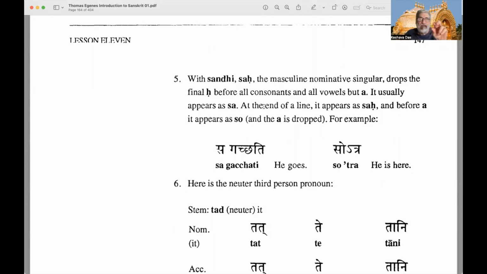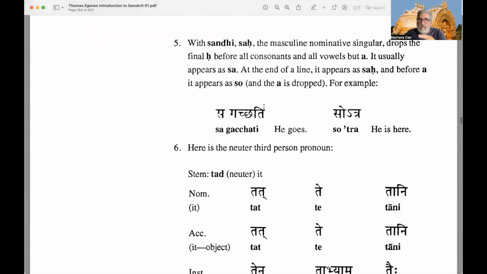Otherwise, you're just going to see sa, S-A, S short a, right? And that's going to be the nominative singular of the pronoun he. It usually appears as sa. So at the end of a line, it appears as saḥ, right? Coming before a danda or a double danda, which is the punctuation, like a comma or a full stop period at the end of a half verse or a full verse in Sanskrit. And before a short a,